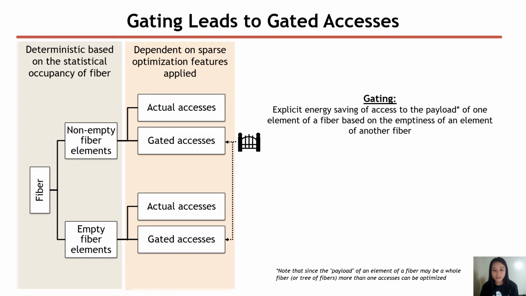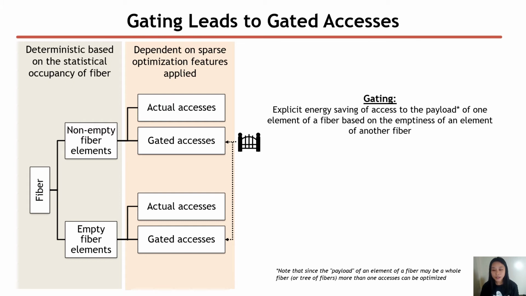Recall that gating is explicit energy saving of accesses to the payload of one element of a fiber based on the emptiness of an element of another fiber. So it is a condition or situation where if you see that your corresponding operand is empty, you don't read